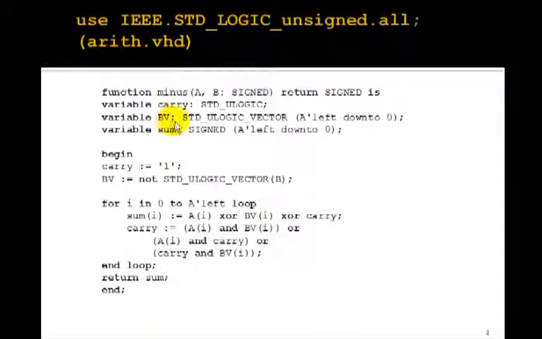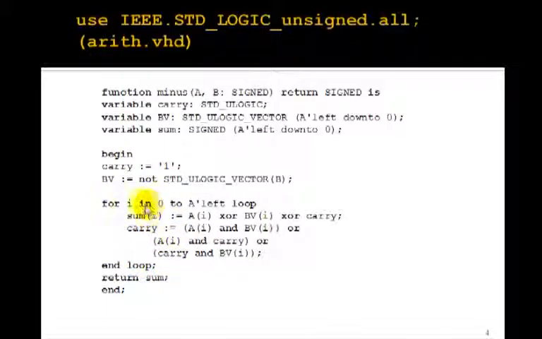They define the variable BV, and then look what they do. They set the carry to 1, and then they set BV to not standard logic vector B. They're converting B. Now, this is what? This is a 1's complement plus 1, which is a 2's complement. So they're taking the 2's complement of B,